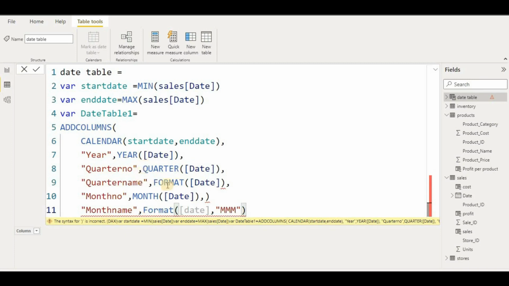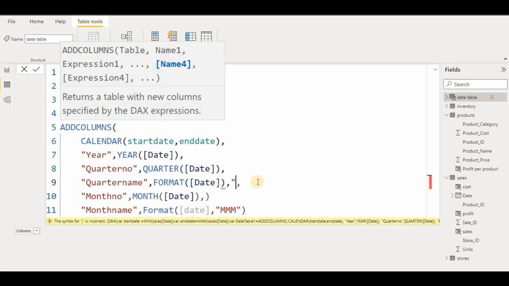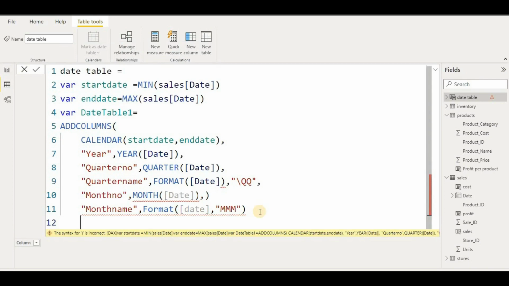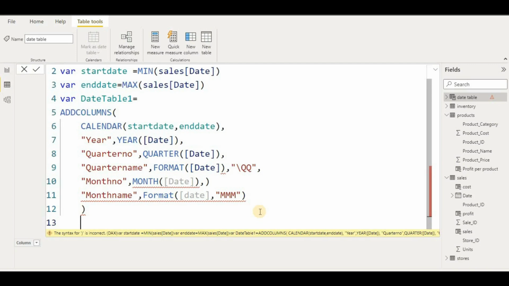So in quarter name we also take one more thing, like how we will do this, because we have formatted it. So format with slash we will put QQ. Now we have to return this table, so I go to the next line here, then we have to close this, then I will come to the next line, and here I will take return,